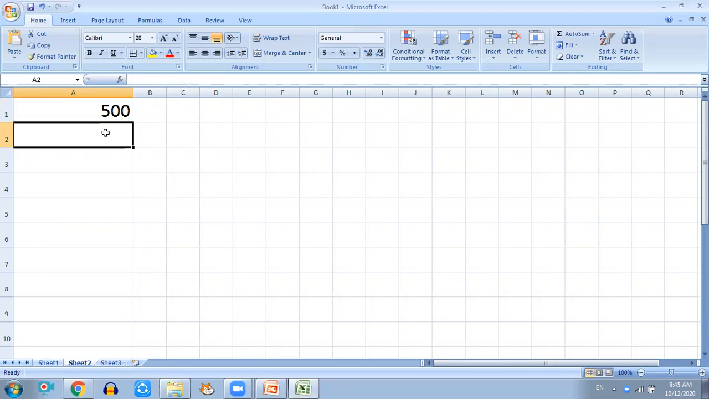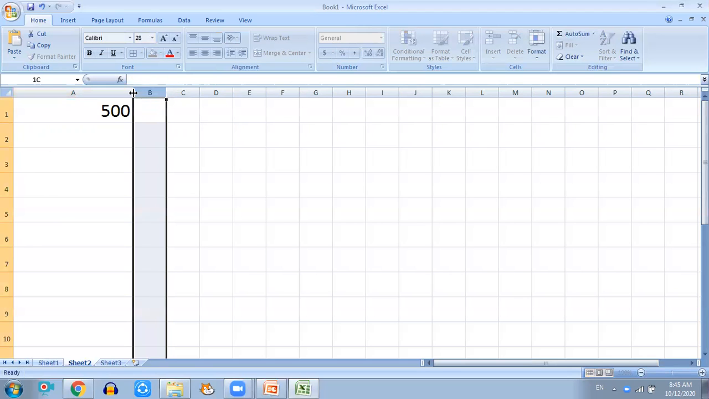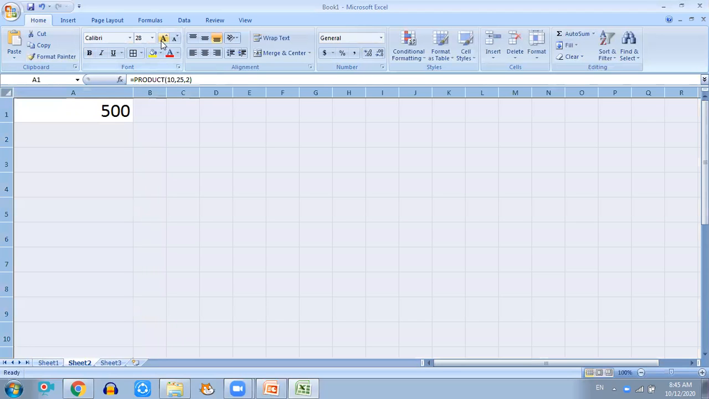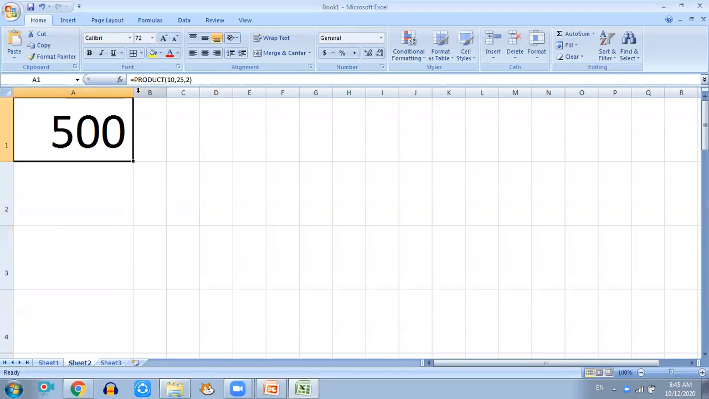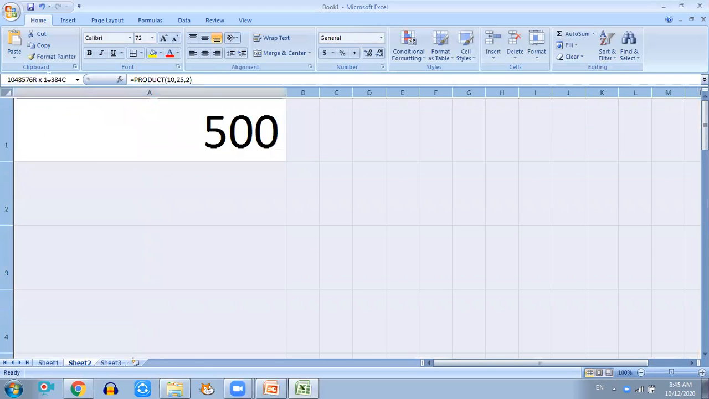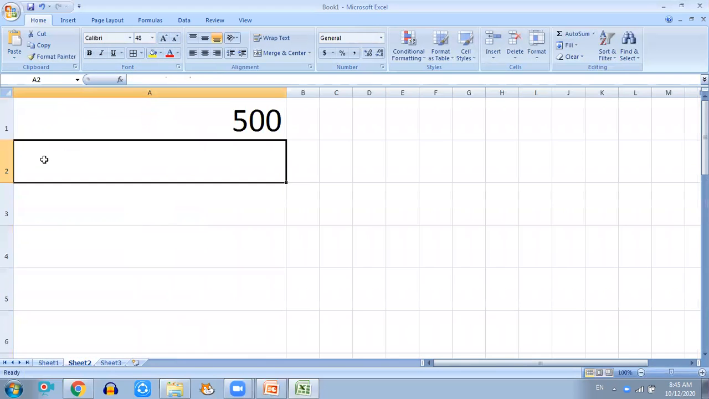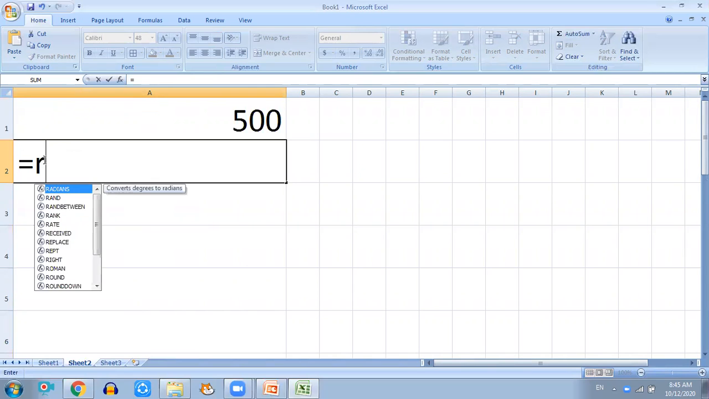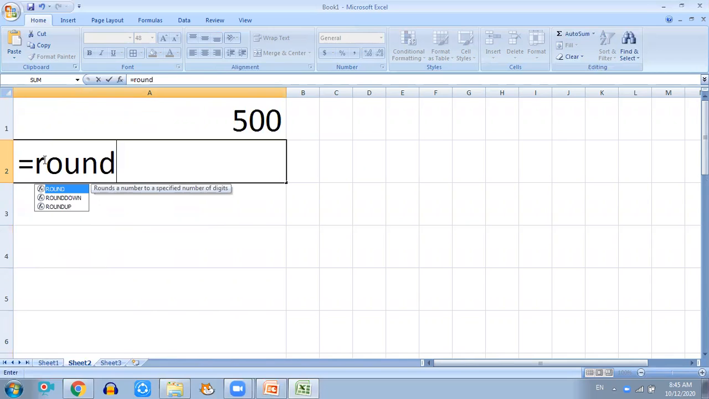Next formula is round. That also we will enter like is equal to. First we have to begin with equal to, and then we have to do all this. So let me increase the size so it is clearer for you to see. So enter equal to, and then write the function name round. It rounds the values. And here I have entered